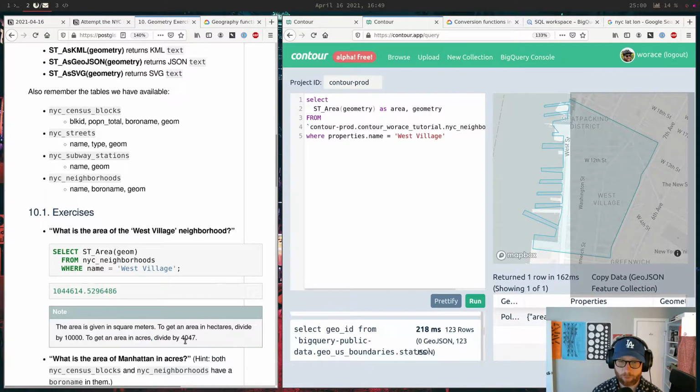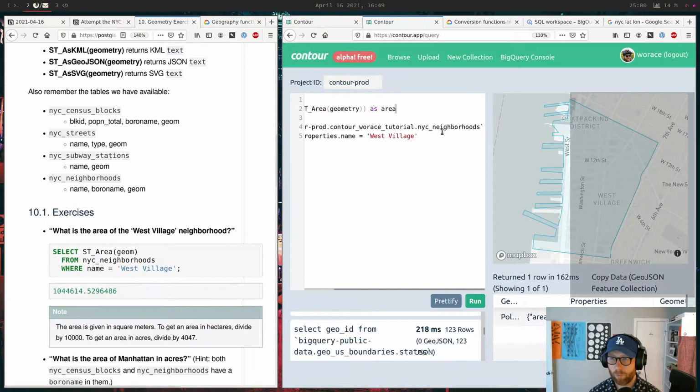Oh, divide by 4047. But I guess if you just sum the area of all the census blocks or the area of all the neighborhoods, except that the neighborhoods are screwy because some of them are missing. But select sum ST_AREA as area from NYC neighborhoods. Let's just get all of them.